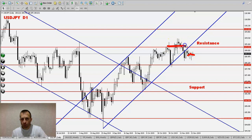After we broke through the bottom of this ascending channel, you see it here, it's clear, it was broken, then retest, then to the downside, but price just stalled under this area 109, and so the question mark is what's next. So I prefer to stay away, just wait for a clear direction. If you go to the upside, if you come back above 109 and back into this ascending channel, it means that